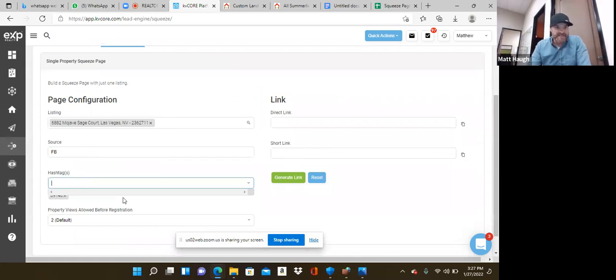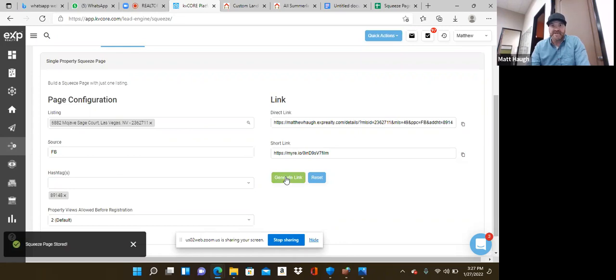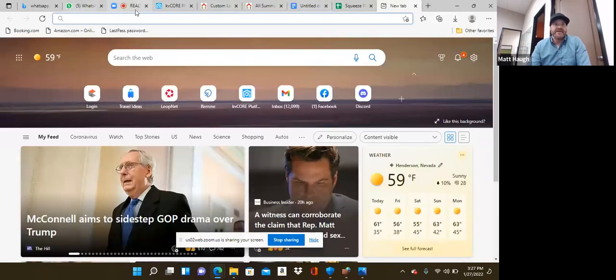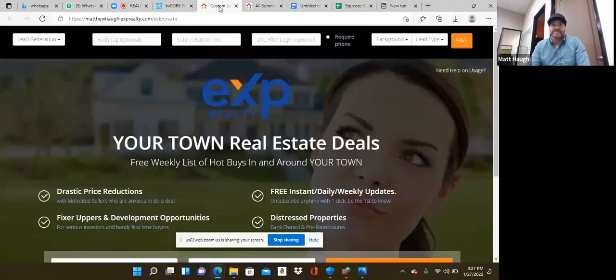So there's a lot less information you have to put in when it comes to just a single property squeeze page. It just really needs the listing, the source of where you're going to post it, any hashtags, and then your default, and then you can generate your link right there. That's simple. And just copy right there. And so Dave could go to his Facebook page and create a little blurb about it, post a few pictures of the house, and